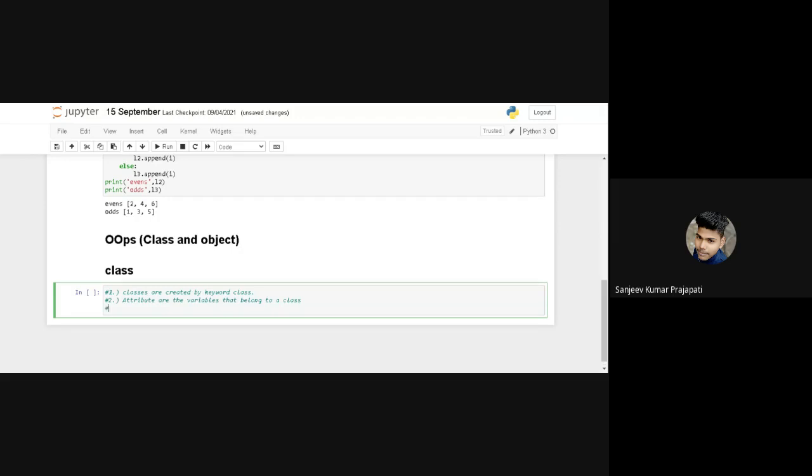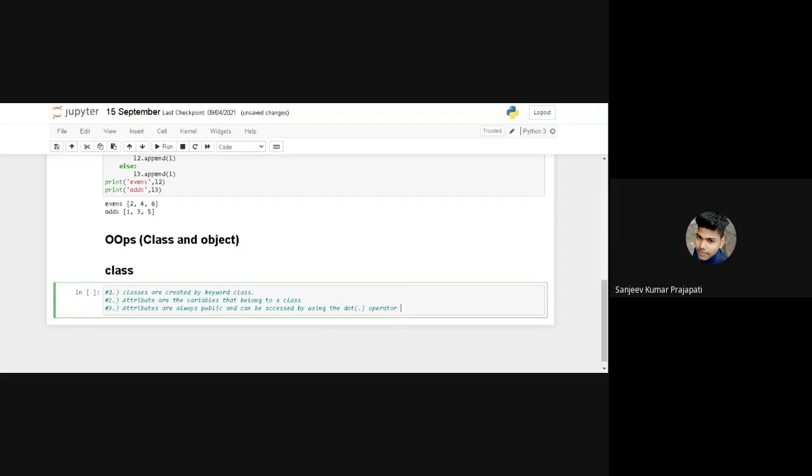Okay, and next point is attributes. Attributes are always public and can be accessed by using the dot operator.